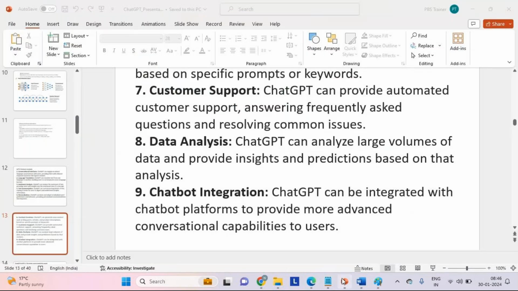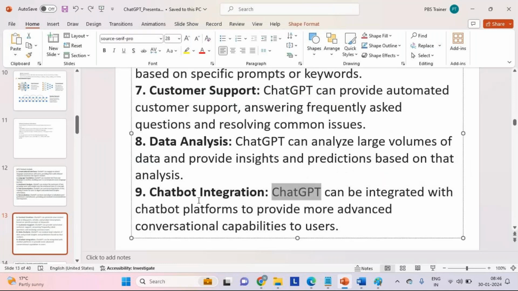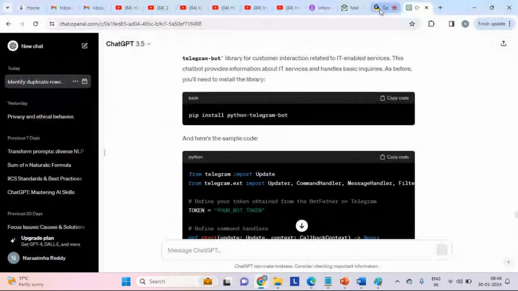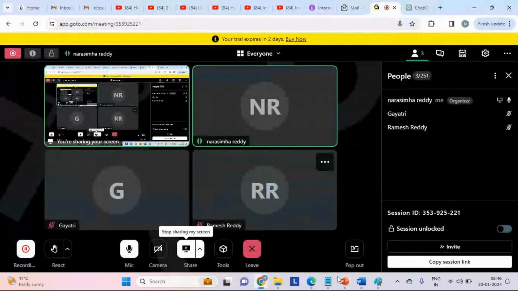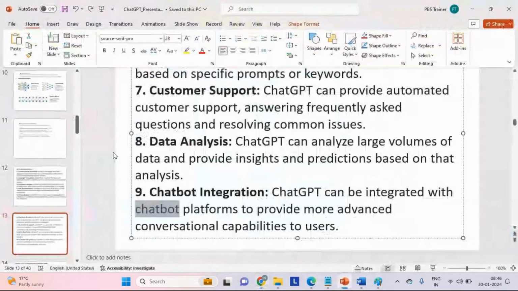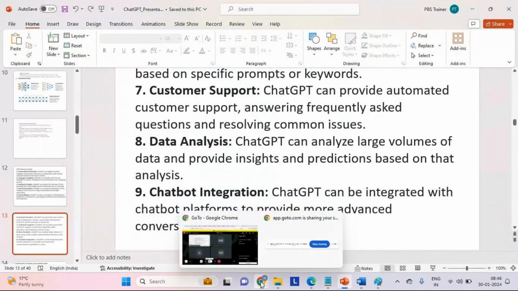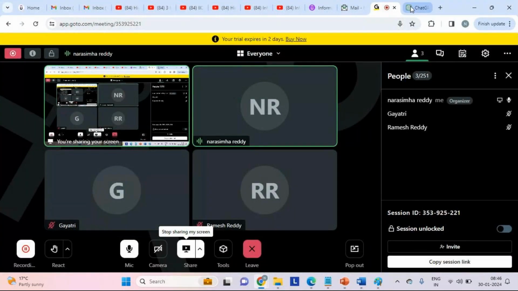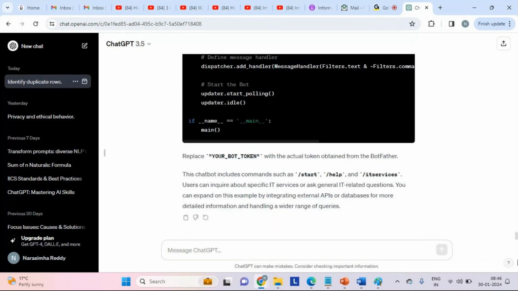So that's it. This way we can also integrate ChatGPT with bots, like whatever bots we have built now. For example, agriculture we discussed, right? And we also talked about IT. Likewise, you can also ask for one more bot, let us say pharma. So build a specific chatbot